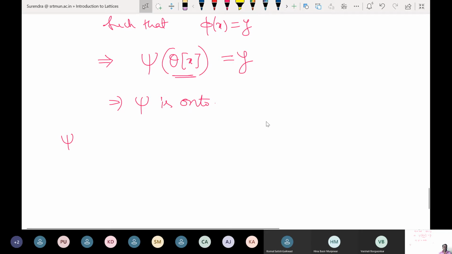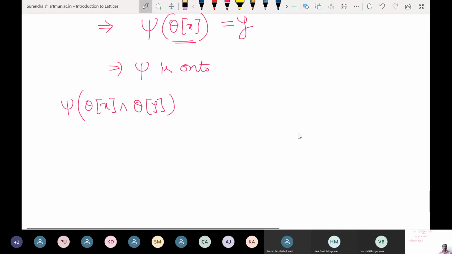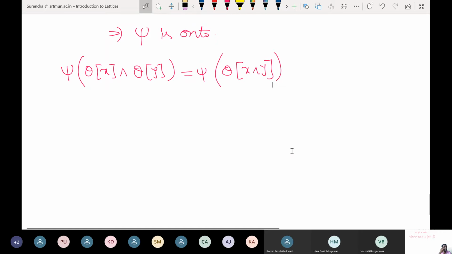We want to show that psi of, if we take any two elements, it just looks like theta of x and theta of y, and take their meet. We want to show that it is the same as the meet individually. But by definition, how is this defined? Theta of x meet theta of y is the same as theta of x meet y. Is this clear? Now because it is psi of theta of x meet y, by definition what is psi of theta of any x? It is phi of x meet